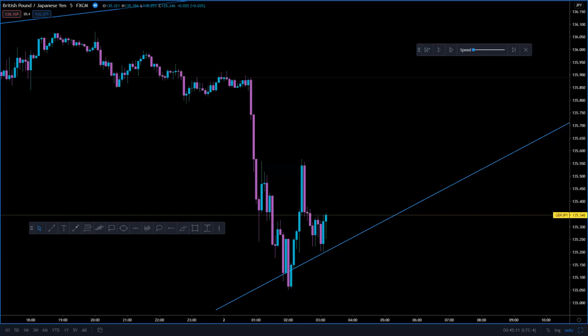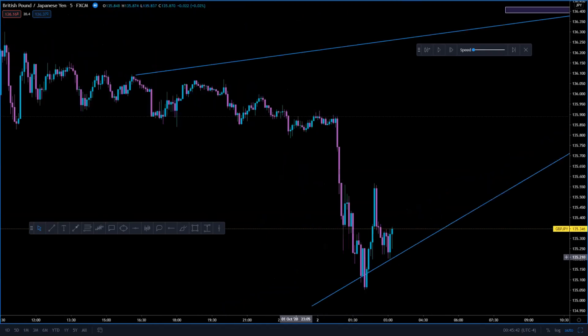But primarily, I wanted to focus on the wicks and the candles price action today, so you guys can understand how these market prices move and how you could potentially identify the price movements, as well as get into a good trading habit and look for signs where there might be a reversal. Okay, so right as we see here,